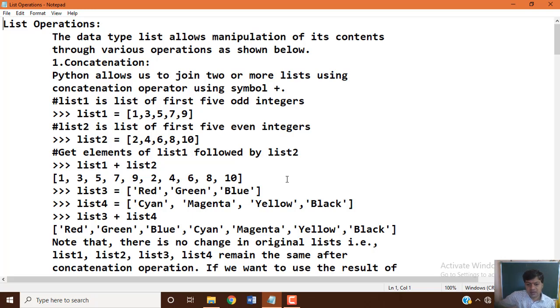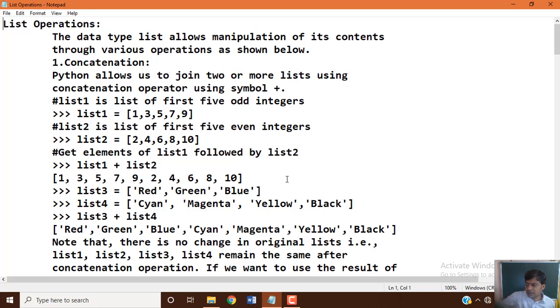We also saw the predefined function list, the way how we can make use of it to create an empty list and how we can assign values. We also checked comparison, when we have two lists, the way how we can compare them, which provides boolean values as a result. If both the list values match, true. If they don't match, false. We took two examples, a normal list and a nested list, which you can practice.